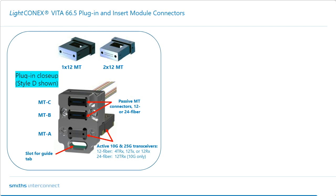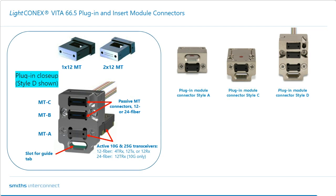So with that, these are the 3 styles of plug-in modules that we offer. Style A is an older module that we've had for a couple of years. The one thing that distinguishes that from our newer ones is that the guide tab slot is above the fiber interface. So with the newer modules, Style C and D, the guide tab was moved to be underneath the fiber interface. So Style C is just the transceiver module,